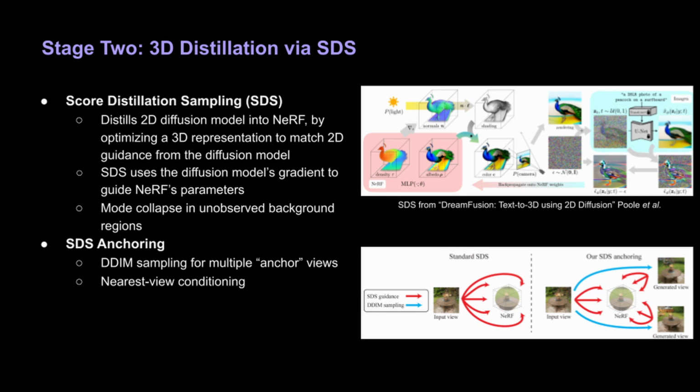Next, during SDS optimization for a particular viewpoint, ZeroNVS picks the closest anchor view as guidance. Instead of always conditioning on the single input image, the model can effectively use the anchor that's most similar in pose for this viewpoint. This ensures that each region of 3D space is guided by a diverse anchor image, leading to more realistic and